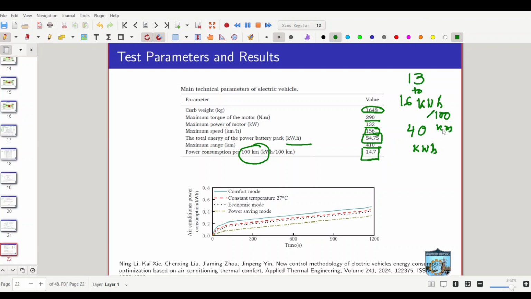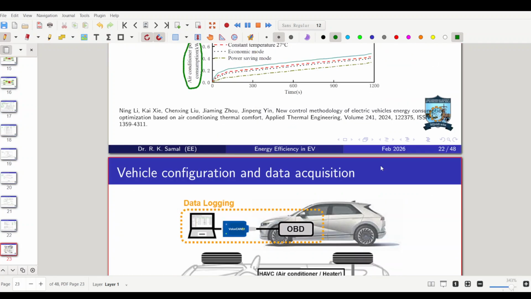Now as the result, air conditioner power consumption. The air conditioner is run over time, so in various comfort modes, this shows the air conditioner power consumption. And the final power consumption has been found out to be 14.7, and further details you can find from this paper. Okay. Now this is the third